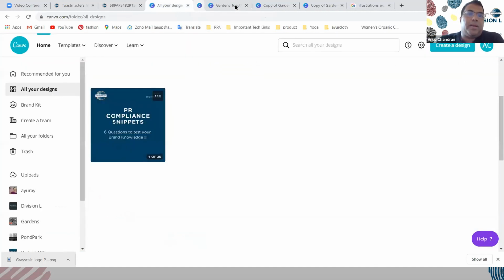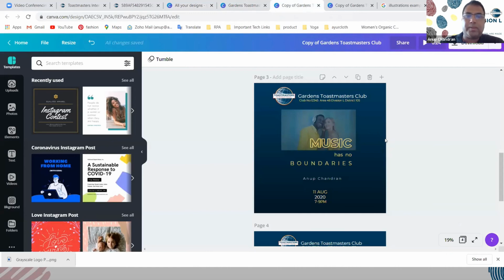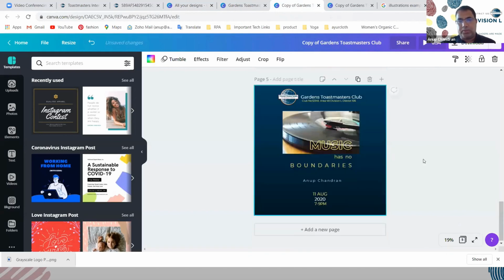Stephen, one more thing I can tell you. I think a lot of people in the area and division will create these posters where they are thanking people and so on. Some of the pictures that you get are not with a clear background. You can eliminate some things. There's a cool trick that you can do. Let's say you get a picture with